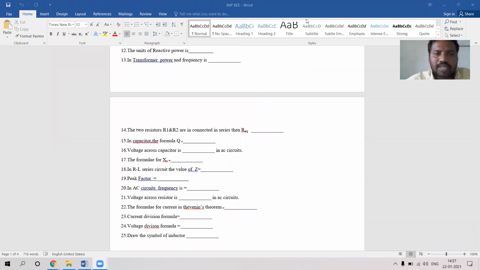Coming to the reactive power. Reactive power we already know, no. Reactive power is nothing but useless power which is not utilized by the load. So here, simply we can write this as volt ampere power only. Power is nothing but the product of voltage and current. Reactive: volt ampere reactive, or kilovolt ampere reactive.